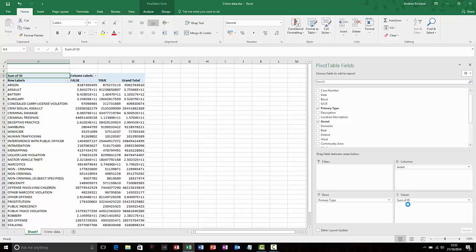Now, we've got a strange figure here. It's tried to add them. And this is something you'll find with anything that's numeric. The default behavior is it adds them up. So ID 1 for crime 1, then ID 2 for crime 2 will count as being 3 because 1 plus 2 is 3. I want to not add those ID numbers up, so I'm going to choose value field settings